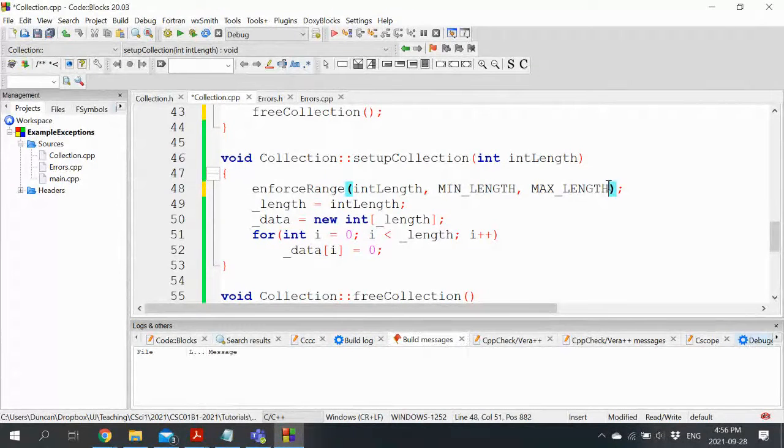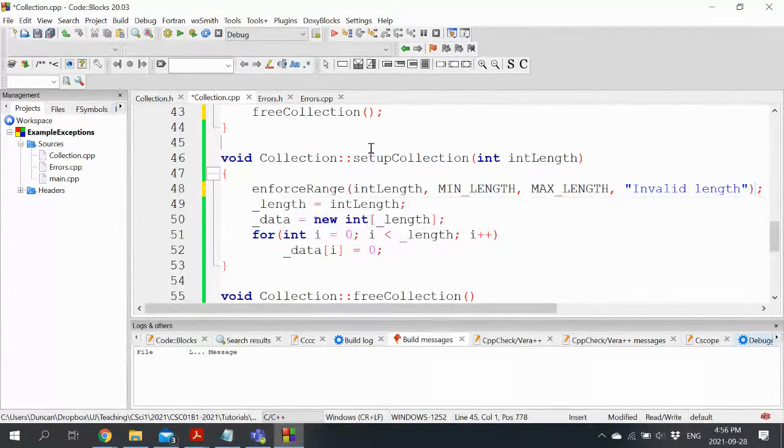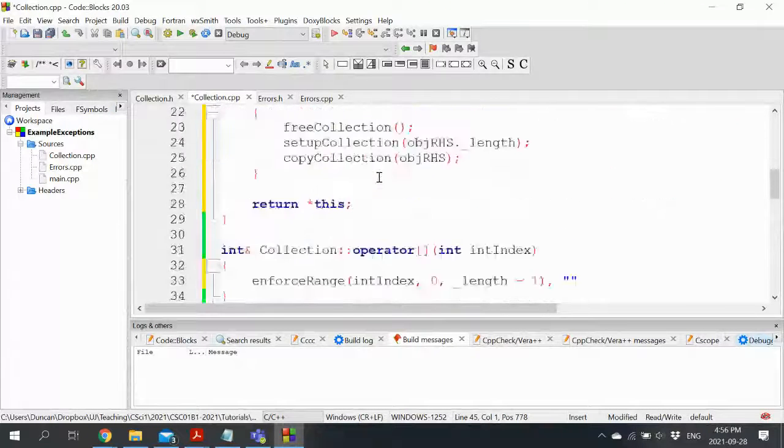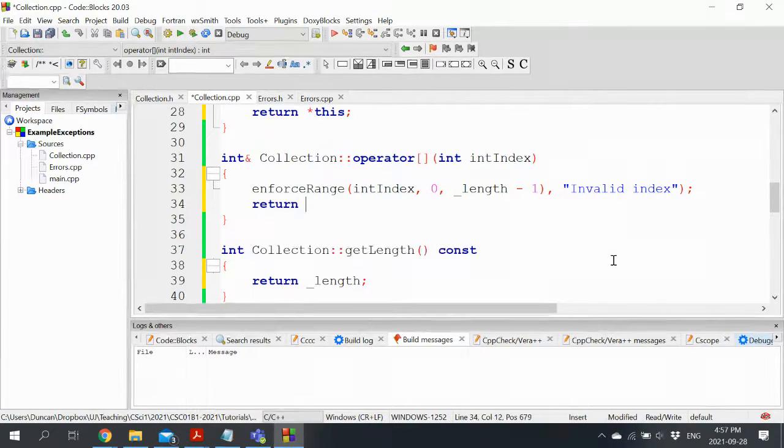Yep. And yeah, so we can just say invalid index. And then safely return the value inside data at that position. So now we've got a safe